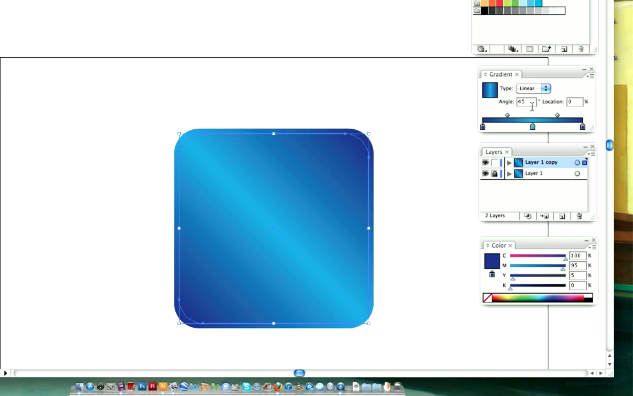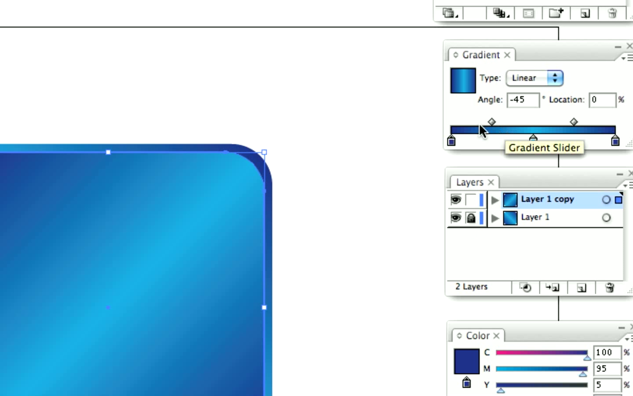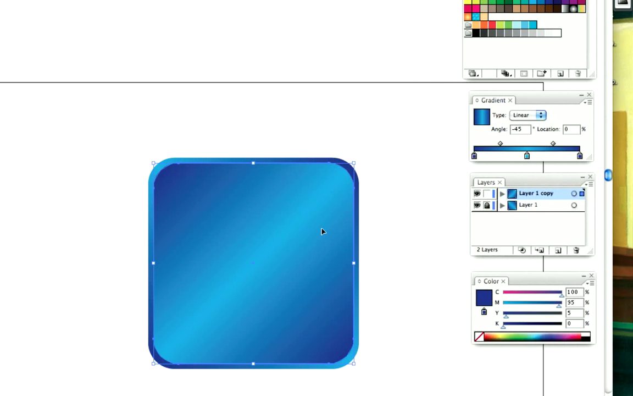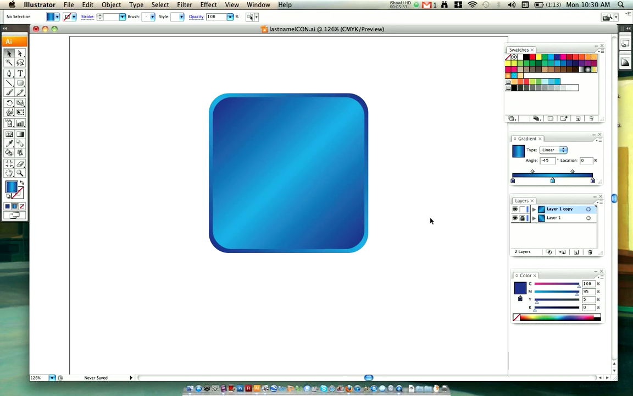Alright, and then back in your gradient window where it says angle 45, I want you to put a minus sign in front of that, so it's a negative 45-degree angle. And what that does, if you notice, it changes the direction of the blue beam, and when that's staggered on top of layer 1, you now have this cool little edge that makes this look like a three-dimensional button, or an app for that matter. Now we're going to lock